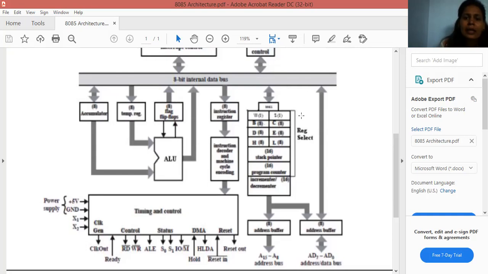This is only for the microprocessor. Programmer can't use this WZ register pair. When we want to store 16-bit data, we can use BC, DE, HL register pairs.